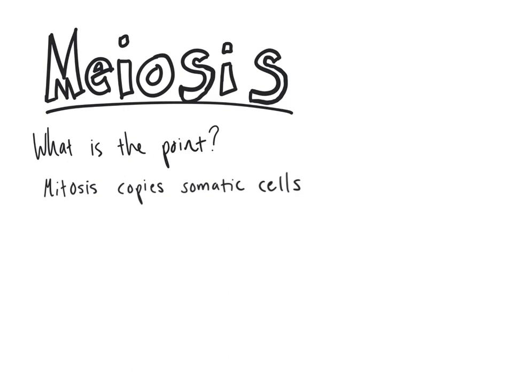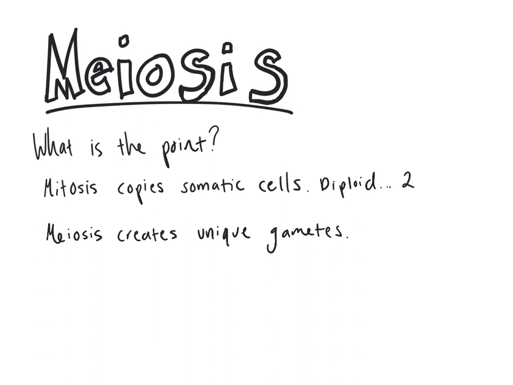So what is going to happen with meiosis? It's a special type of cell division that is going to not make our body cells, but our reproductive cells called our gametes. Remember, gametes are going to be sperm in males and eggs in females. So another thing I want to mention before I move on is that somatic cells and cells that mitotically divide are what's called diploid, meaning that they have 2 of every chromosome. A lot of times it's written 2N, N being the number of chromosomes.